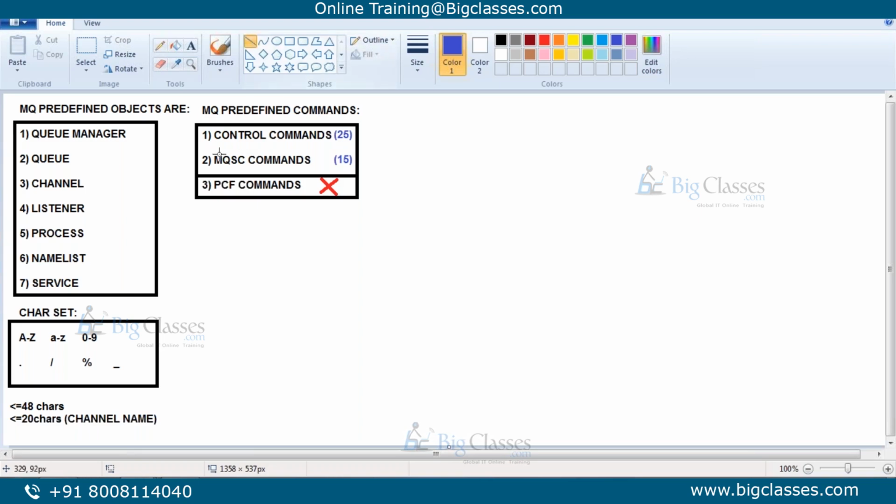To administrate all the MQ predefined objects, we use MQSC commands. MQSC stands for MQ script commands. I repeat, we use control commands to control MQ predefined services: channel initiator, trigger monitor, command server, etc.